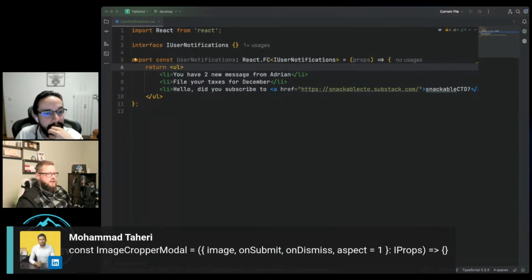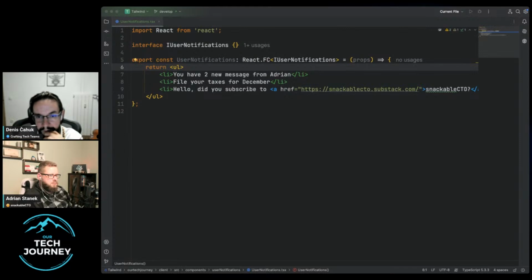So it's actually what we're going to do as well, right? Then const ImageProper model is okay, then this, and then he inlines the destructured props, I believe. Yes, and then type hints it and says this is what we have here. And that's my type, and it's empty right now. Okay. Thank you, Mohammed.